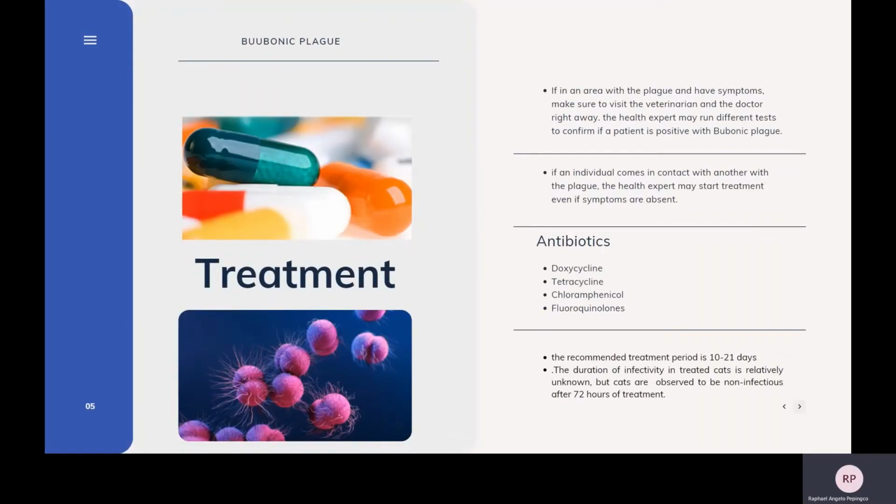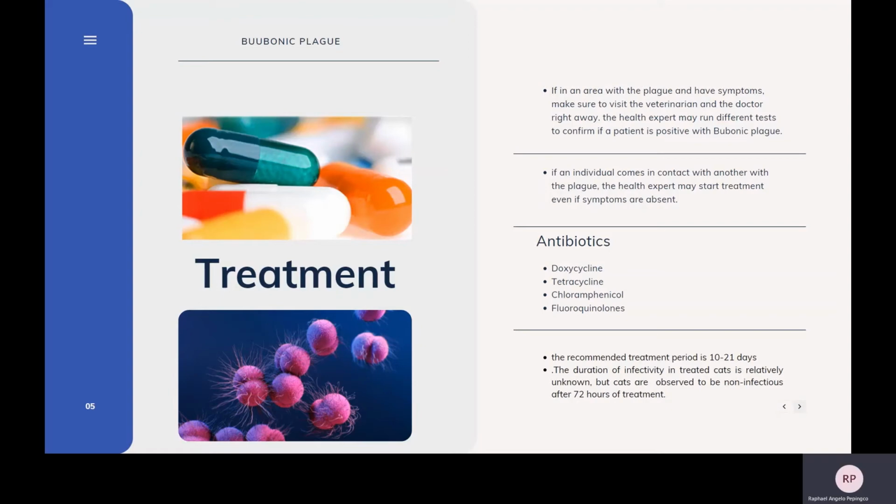So for the treatment, if in an area with the plague and have symptoms, make sure to visit the veterinarian or the doctor right away. The health expert may run different tests to confirm if a patient is positive with the bubonic plague. So if an individual comes in contact with another with the plague, the health expert may start treatment even if